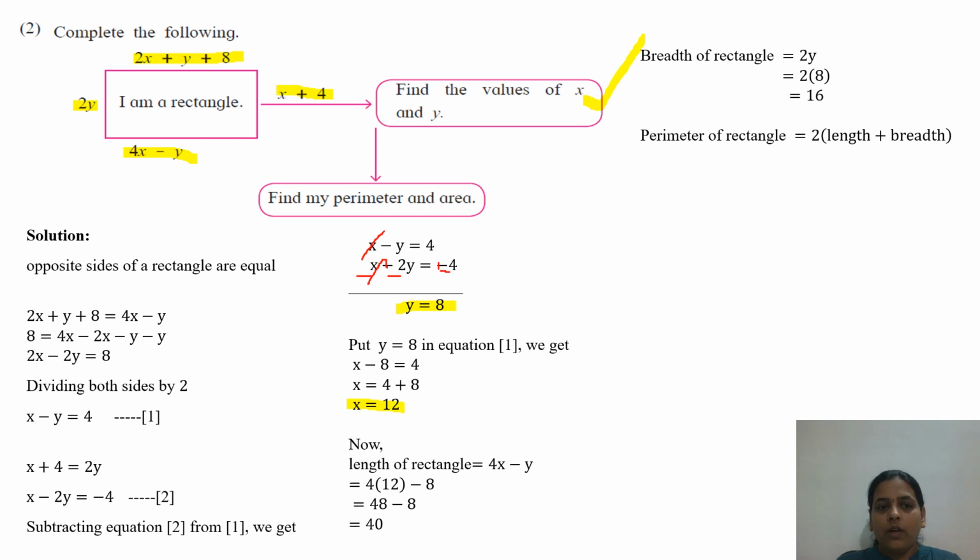Next, perimeter of rectangle. What is the formula of perimeter of rectangle? It is 2 in bracket length plus breadth. Okay, so you have a value of length and breadth also, so put the values. So 2 as it is, instead of length you want to put what? 40. 40 plus 16, breadth value is 16. So 2 into what? 56. Then 2 into 56 is what? 112 units. So therefore perimeter of rectangle is what? 112 units. So this part is done.